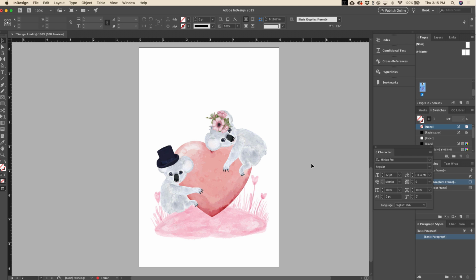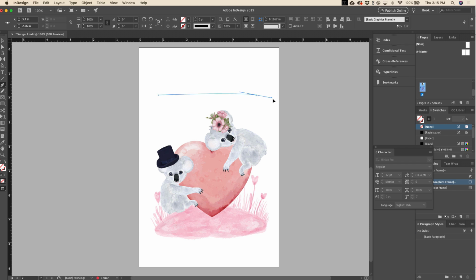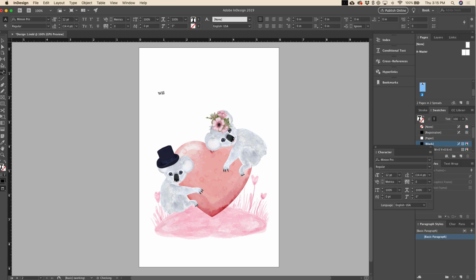Now this image is basically ready to go, so we're just going to want to add a little bit of a title here, so let's go ahead and do that. Now I'm going to do a title on a little bit of an arc, so I'm going to use my pen tool. And just create a slight arc there, just to add a little bit of interest. Grab my type on a path tool. All right, now obviously we don't want to leave that like that, so I'm going to use a font that